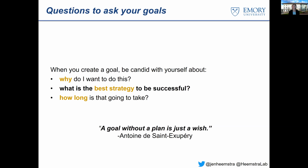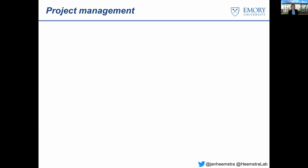And a quote I love for this is that a goal without a plan is just a wish. So if you want to achieve your goal, what you really need is a good plan. And the good news is that there's a really well-established field called project management that can help us figure out how to do this. The bad news in this is that unless you've ever wandered over to the business school at your university,